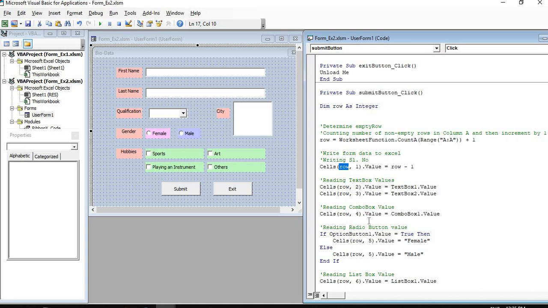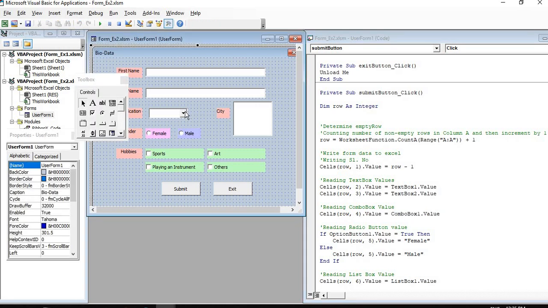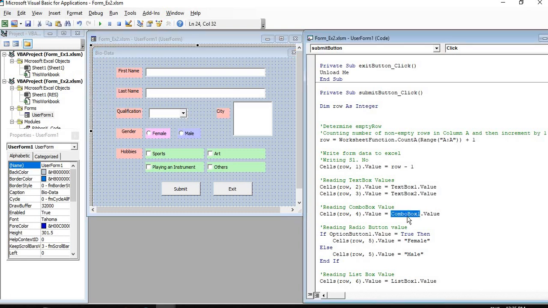Then for the combo box, that is for qualification, it is simple: directly the combo box name dot value. Whatever we select under this drop down, that value will go into the particular cell, that is the row and column.